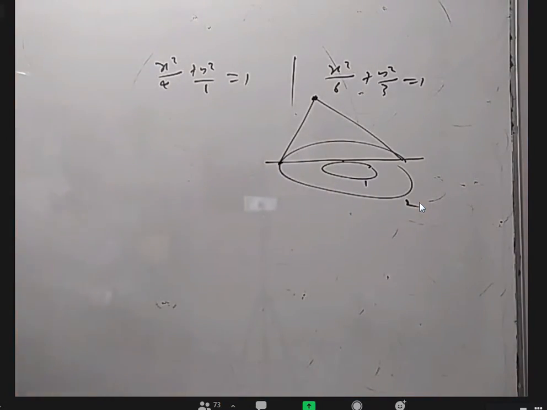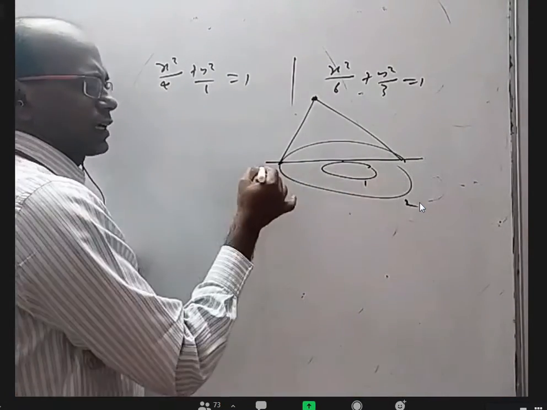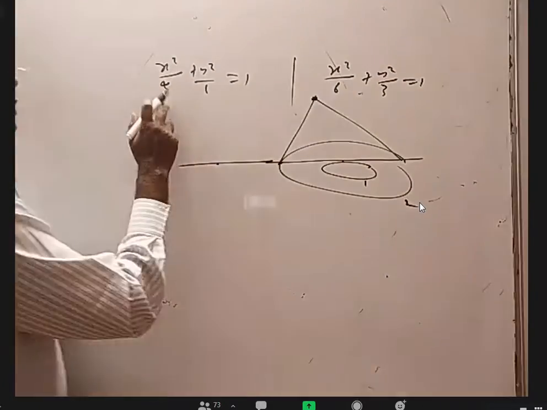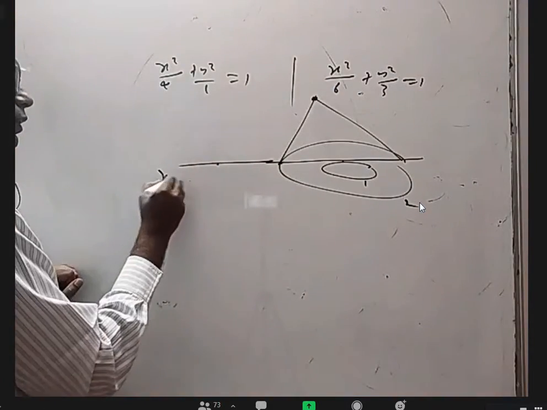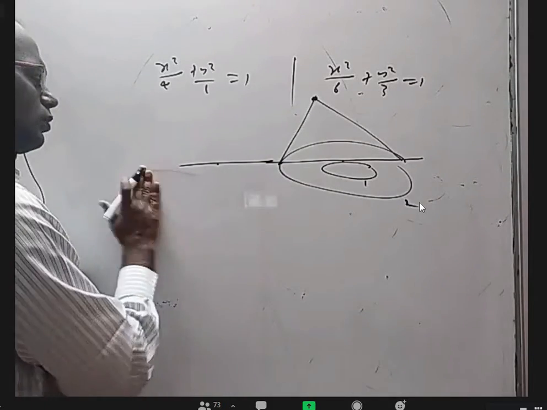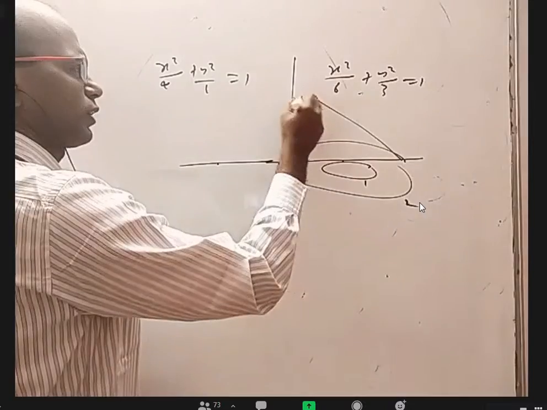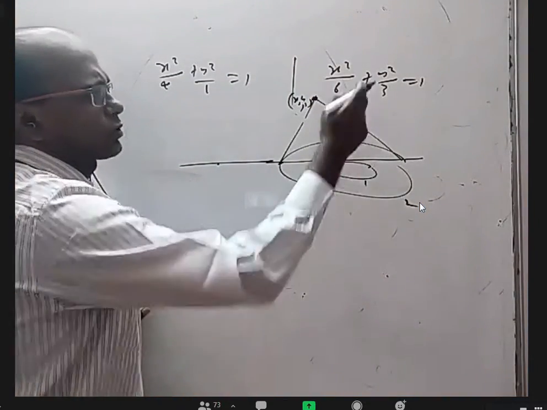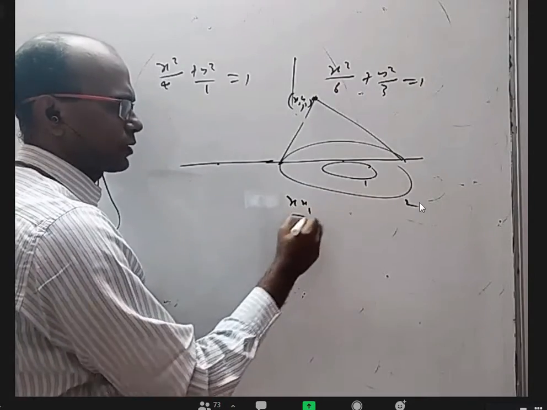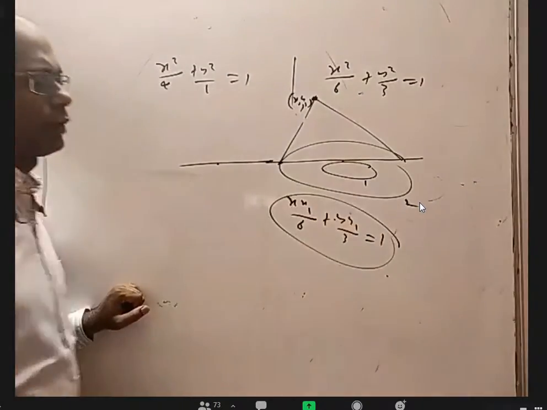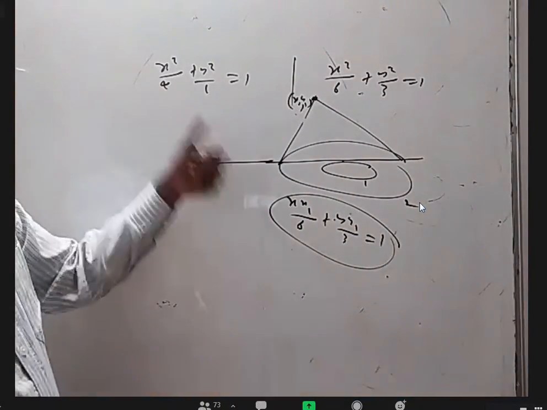If I want to do it by the proper method, I have to take this tangent, find the pole, and find the locus of that. What is this tangent equation? The general tangent to this one, x cos theta, or I'll do it without all this. I'll take this point as x1, y1. I want to find the locus of this point first. Then with respect to the bigger ellipse, this is S1 equal to 0. That is x1 by 6 plus y1 by 3 is equal to 1. And this should be tangent to the smaller ellipse.